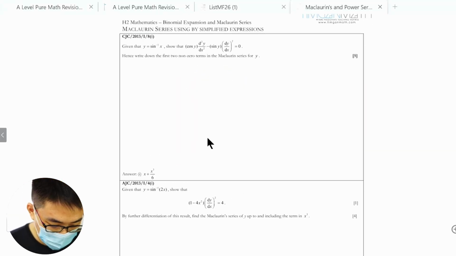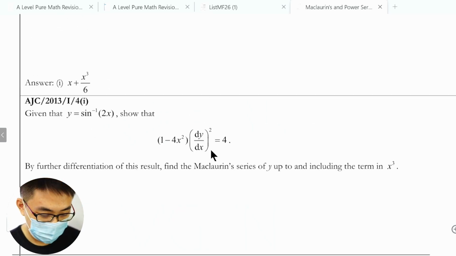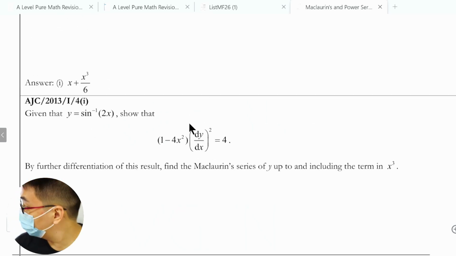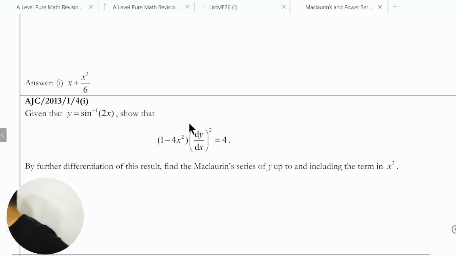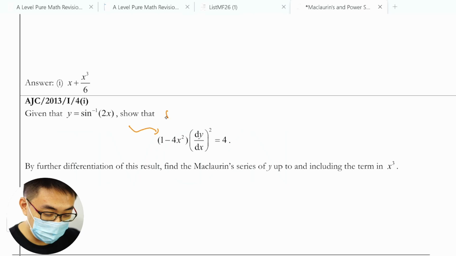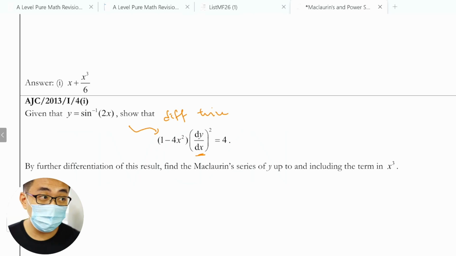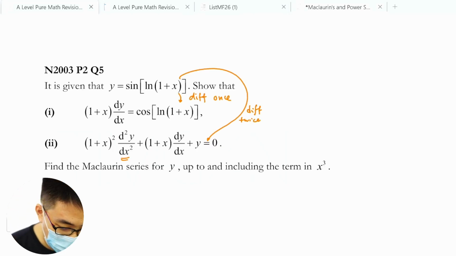Because sometimes you have questions like this. Students think that from this one to here, they need to differentiate twice. That is a very common misconception. It's not right, because this is a degree of 1. This is actually differentiate once and then you square both sides. Is that okay? Alright, so this part here,